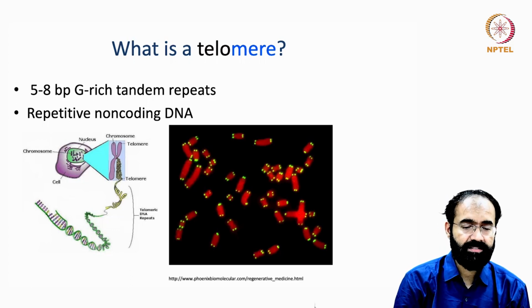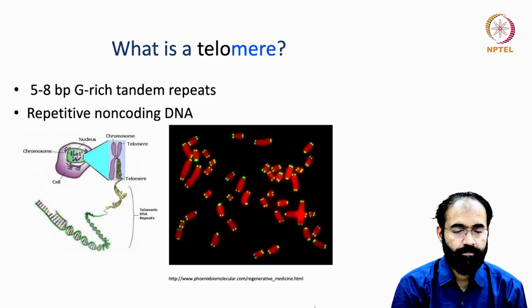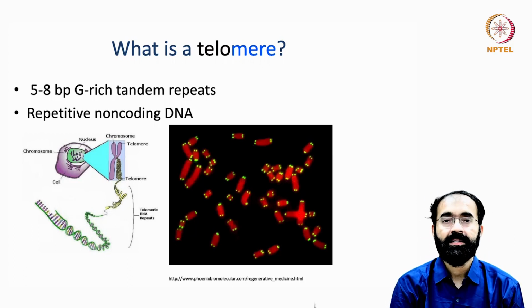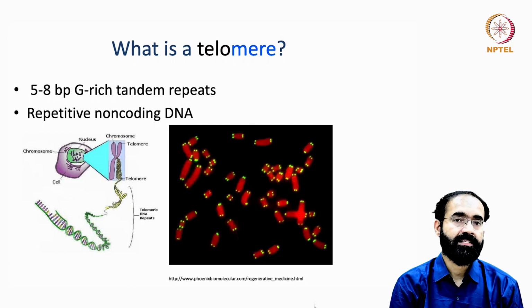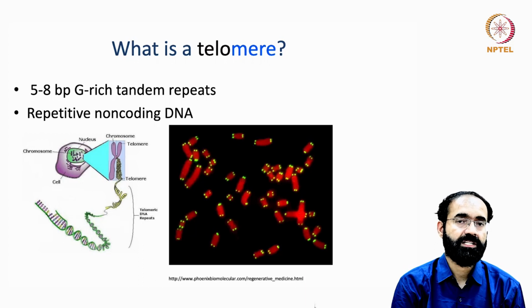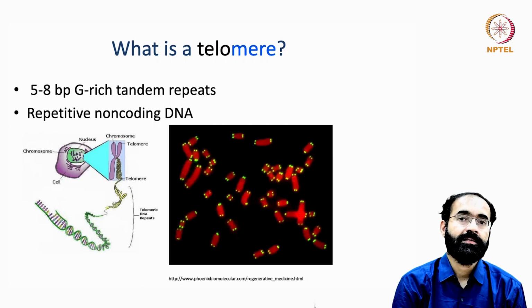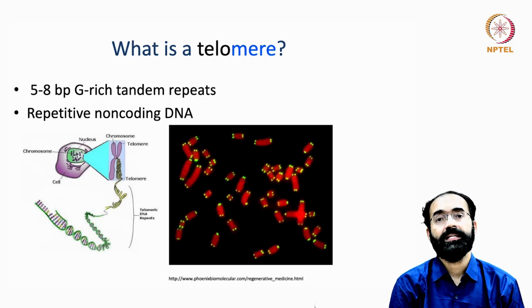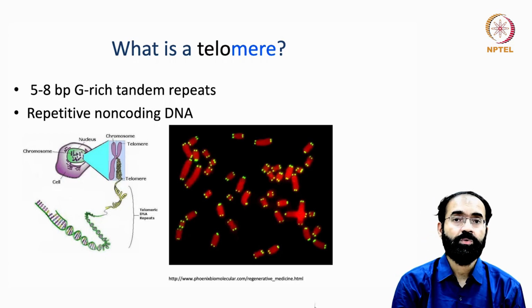Here you can see a nucleus in a cell, and you can see the DNA compacted into the chromosome structure. If you open it up, you can see the DNA sequences separated out, and we know both strands of the DNA participate in replication. One does synthesis continuously, which we call the leading strand, and the other strand is called the lagging strand. The lagging strand makes the DNA copies in pieces,